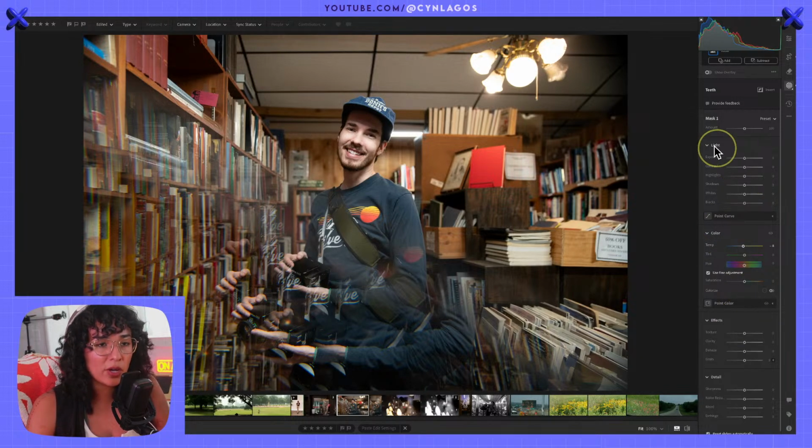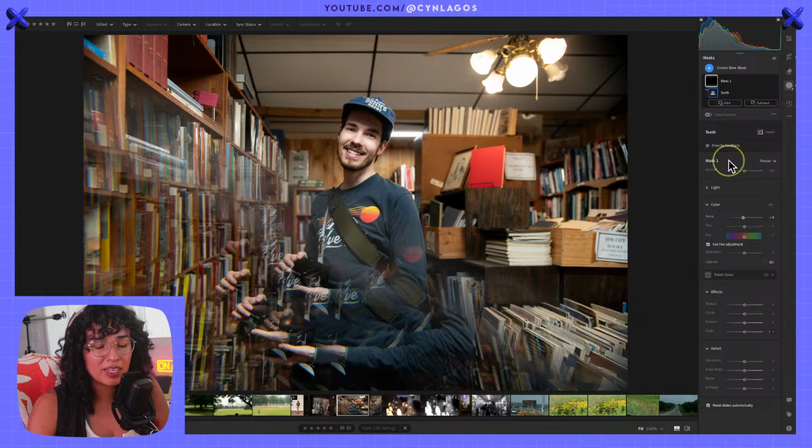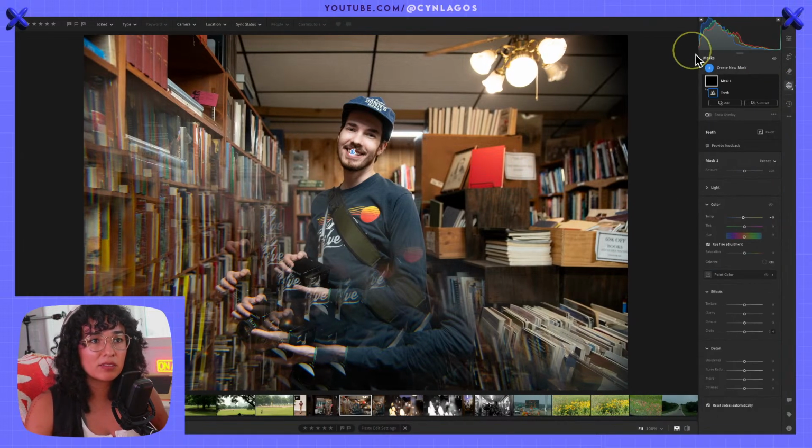So that's how I approach the lightening of teeth or separating that palette, especially in a room like this where I didn't have a chance to do the lighting myself. Okay, that works for me so far. That's all we've done. It's not a global edit. This has been focused on a mask.